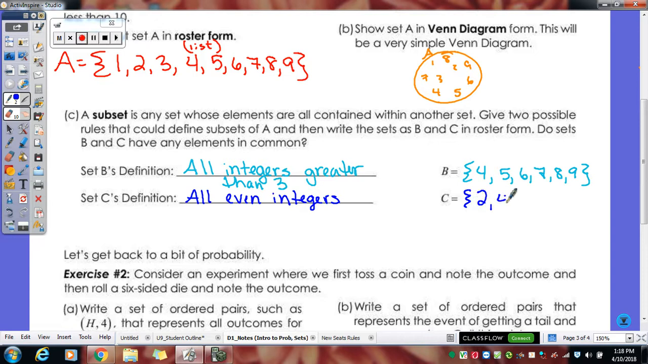Would be 2, 4, 6, 8. You could do all odd integers. You could do multiples of 3. You could do multiples of 4. You can do the integers less than 7. There's a whole bunch of different ones you could come up with. But these also take off A, so you can build up